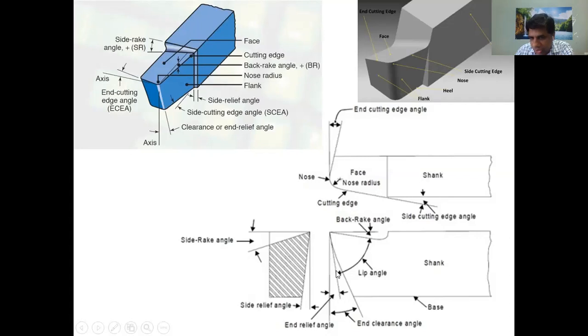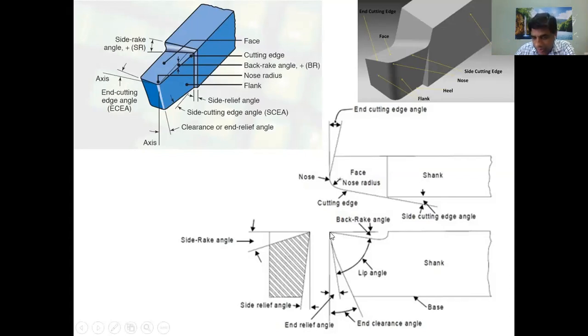That's why this inclination is called the relief angle or clearance angle. Both are the same. Actually relief or clearance, because we're giving some clearance so that the workpiece is not in touch with that particular surface, and it prevents damage to the workpiece as well as the tool. So this is called a clearance surface. This clearance surface is coming at the end, so that's why this is called the end clearance surface.